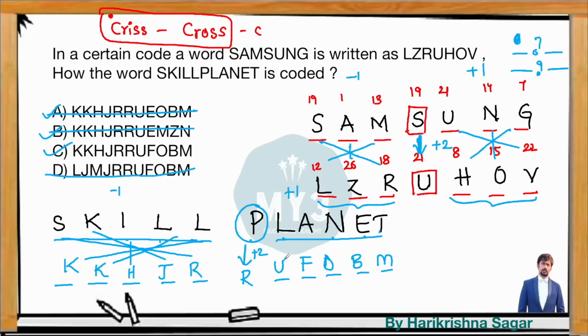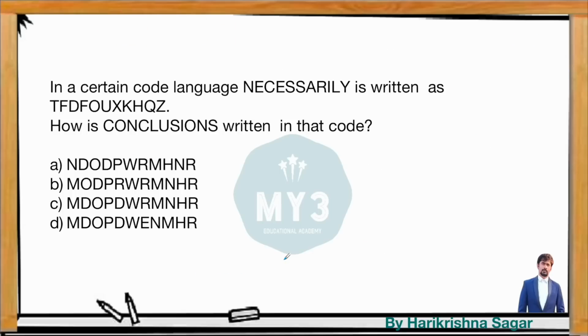So crisscross approach, always keep it in mind. And then moving forward to another question. In certain code language, necessarily is written as this, then conclusions is written as what? So if you observe necessarily, necessarily is written as